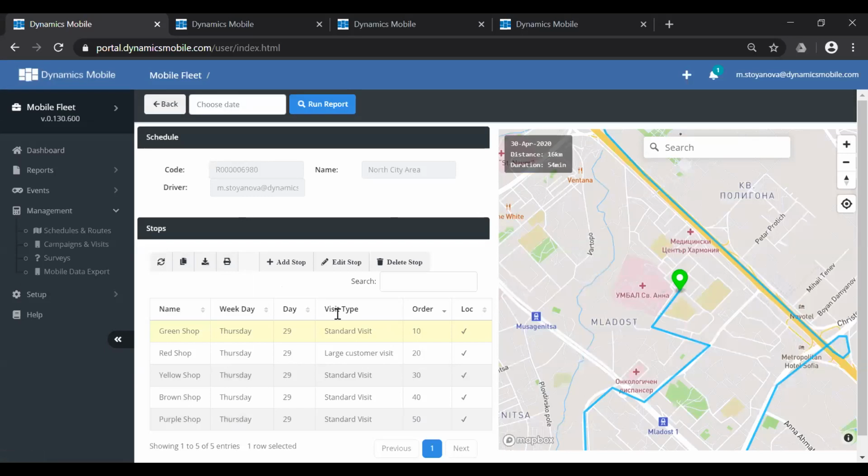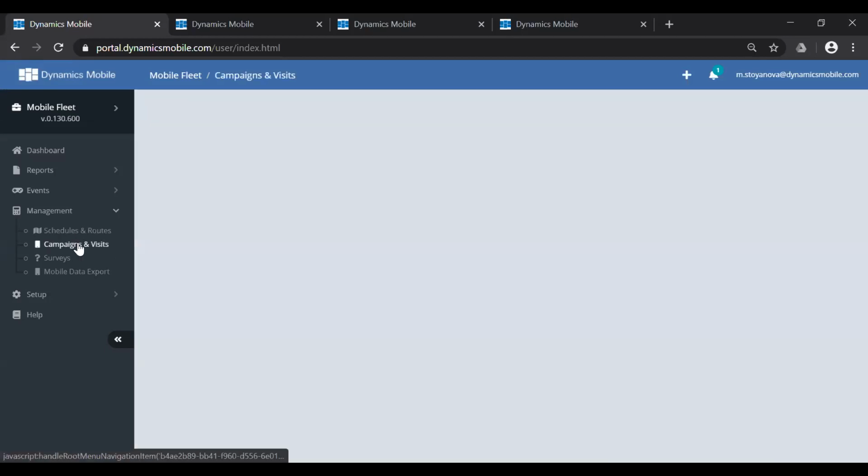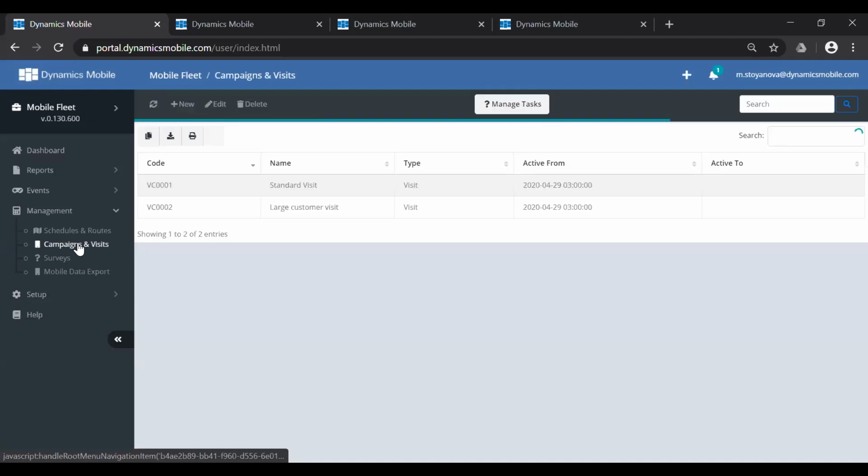So here what we have seen for now, that we can create schedules and we can assign routes for every day of the week for different customers. This is from where you manage schedules and routes. Now, in regards to the visit type, there is another tab in the management control, which is called campaigns and visits. So here we can use the existing campaigns or visit types and edit them,